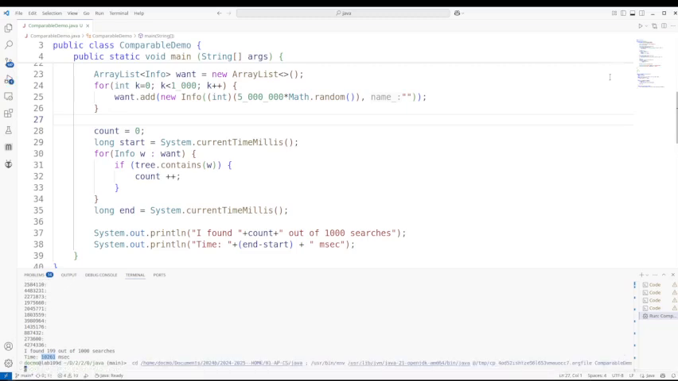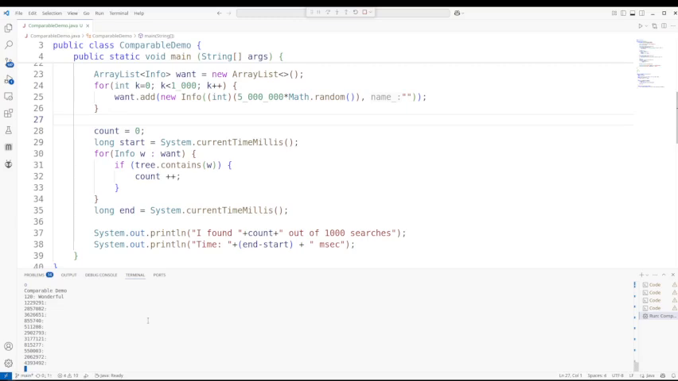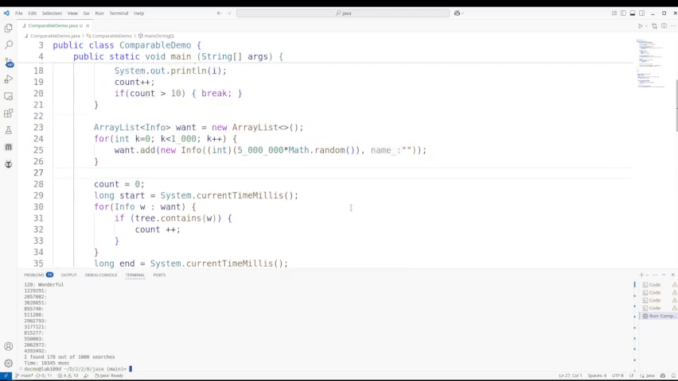Let's try this a couple times and see if trying it a couple times speeds it up like it did the last one, but we're not optimistic. Okay, we're waiting for it to finish. And again, 178 out of 1,000 searches in 10,345 milliseconds. So you can see that for this set of data, the array list is a whole lot slower